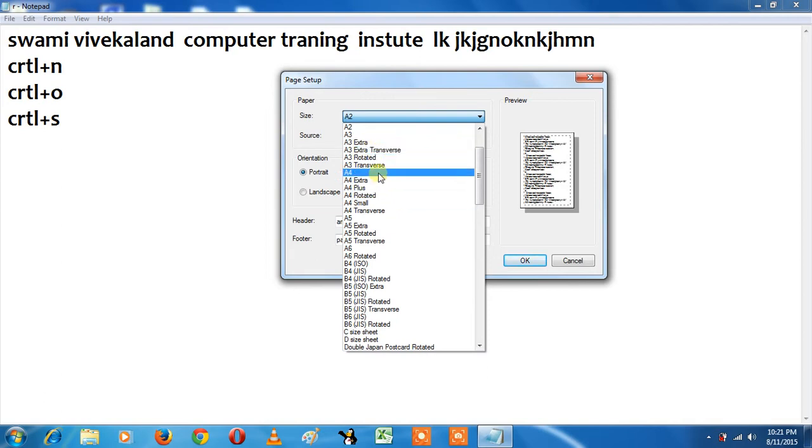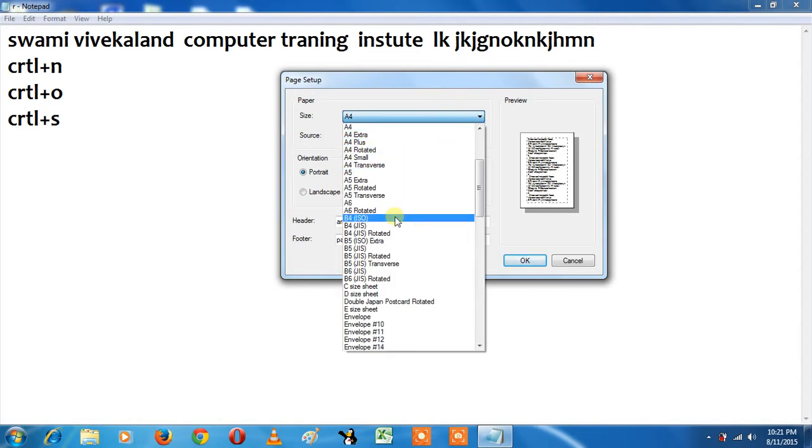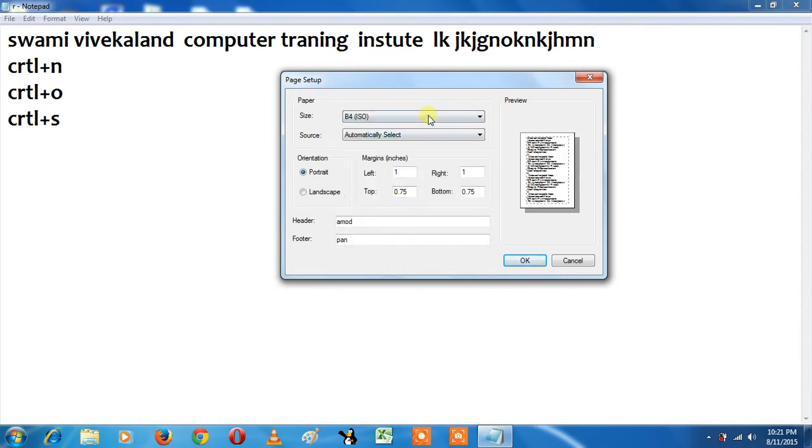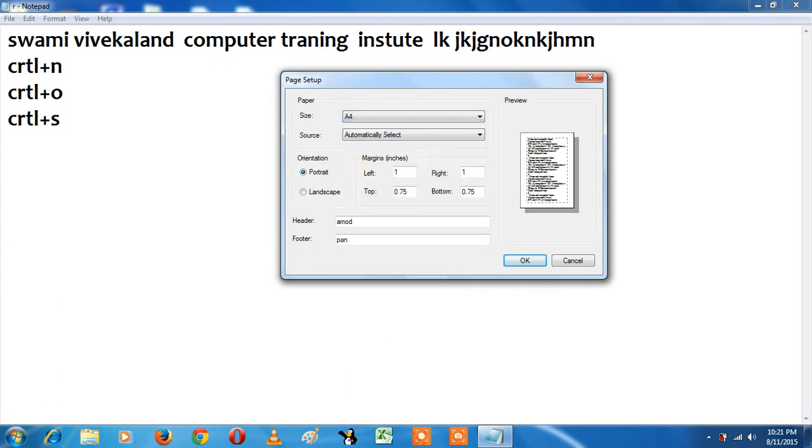We are generally using A4 size because the size of this page is limited. So go to A4 size. Whenever we print some data, we select A4 size here.